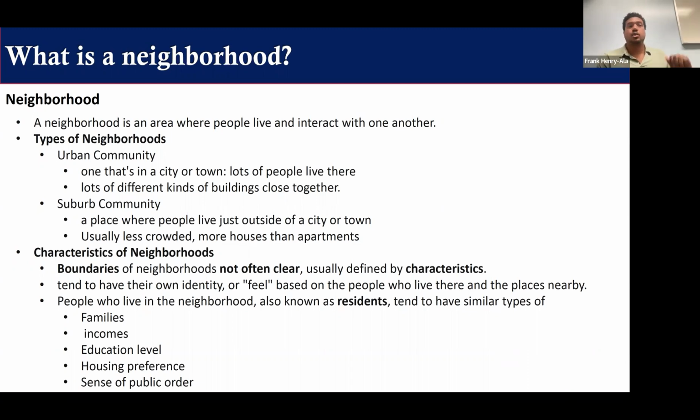Like, you might not go to a certain store after a certain hour, or hang out in a certain place after a certain hour, because you know of something that may occur. So there's a sense of public order and how people act. Certain things are acceptable in this neighborhood that are not acceptable in that neighborhood.